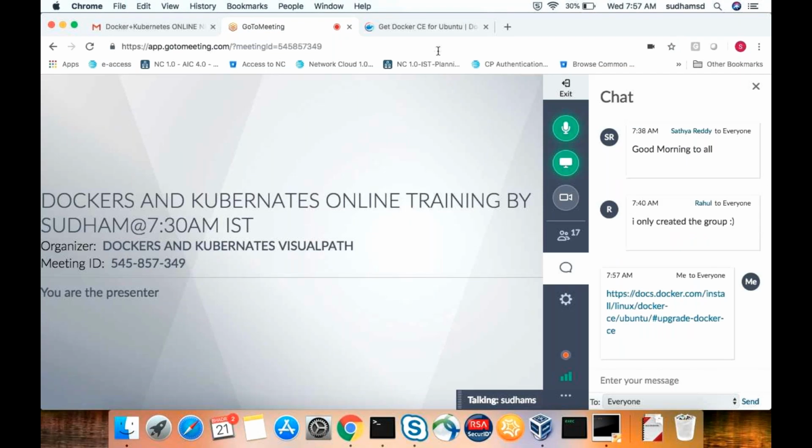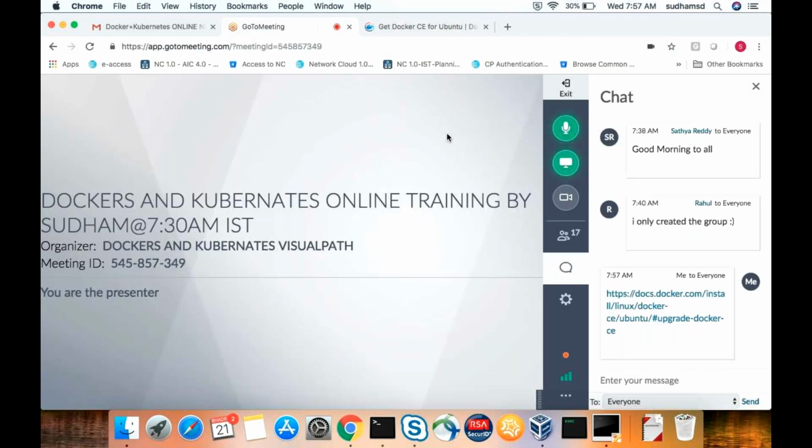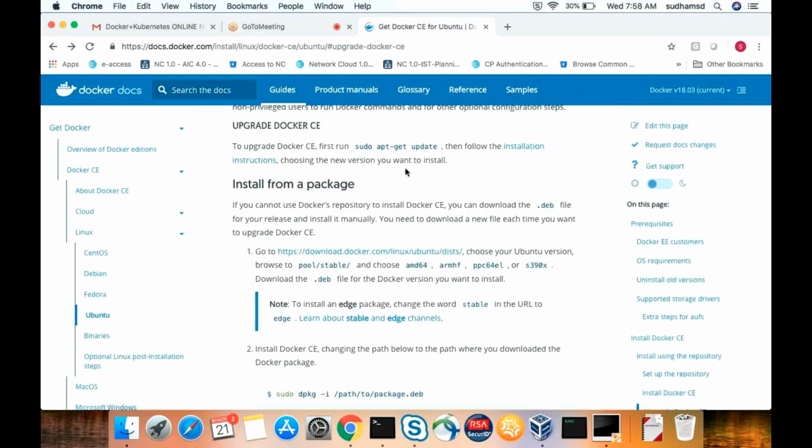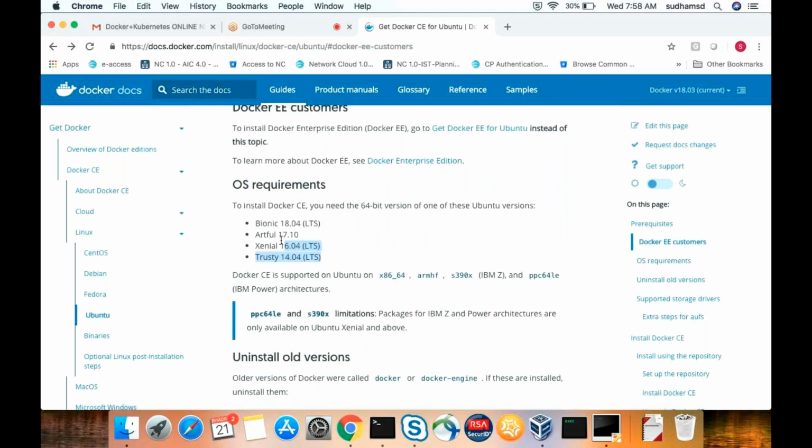So I want to install Docker. For example, let's talk about Ubuntu. I want to install the Docker package on the Ubuntu 12 version. The 12 version doesn't have Docker packages, so can I download the Docker packages from outside, copy them to the server and install them, or is it mandatory to create a repository? See, through a repository only we need to install. Older versions might support it, but the latest version doesn't support 12.04, the 12 version.